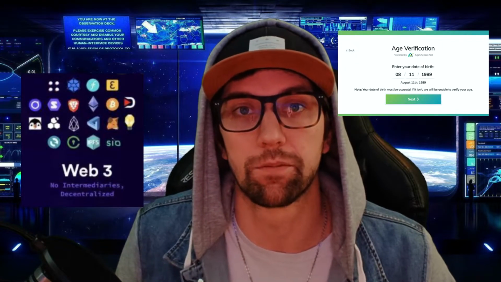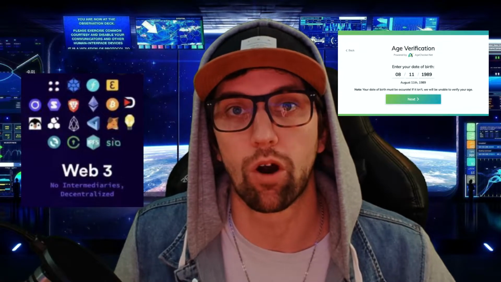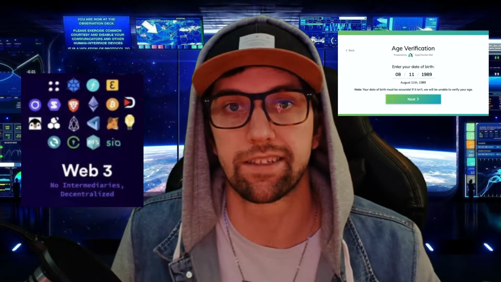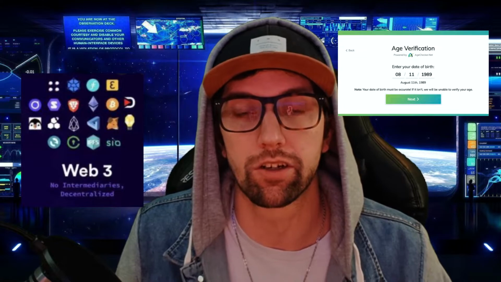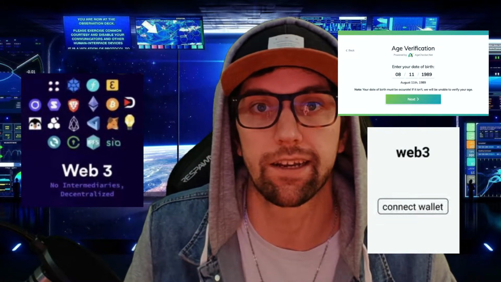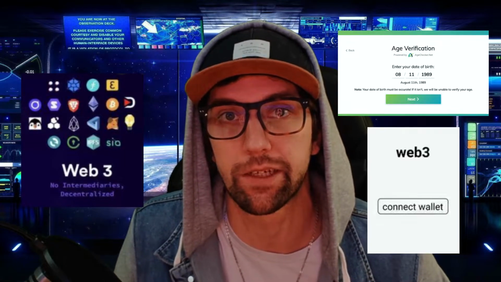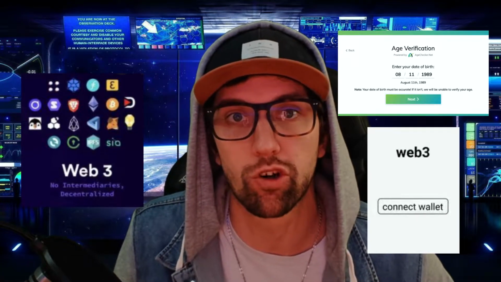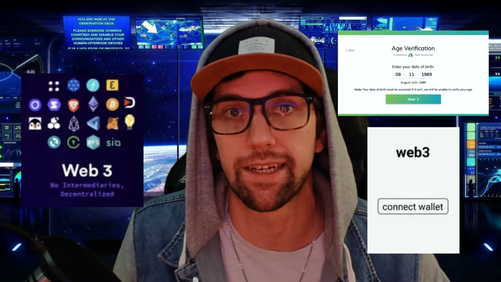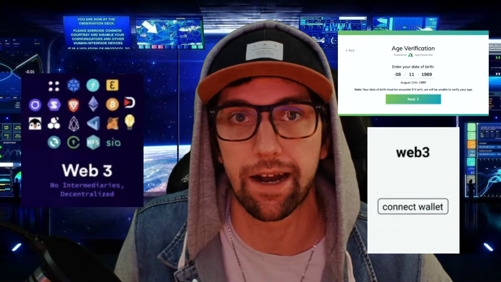Now what Web3 is going to allow these companies to do in these layers is that you're going to be able to verify on your end that you are over 21. And then instead of typing in your birthday, you're going to go to the website and click connect. They're going to connect to your wallet, for example, or whatever source it is that has that information to verify that you are 21. And that's going to be a trusted and credible source so that the website knows that any information they get from there will be valid.